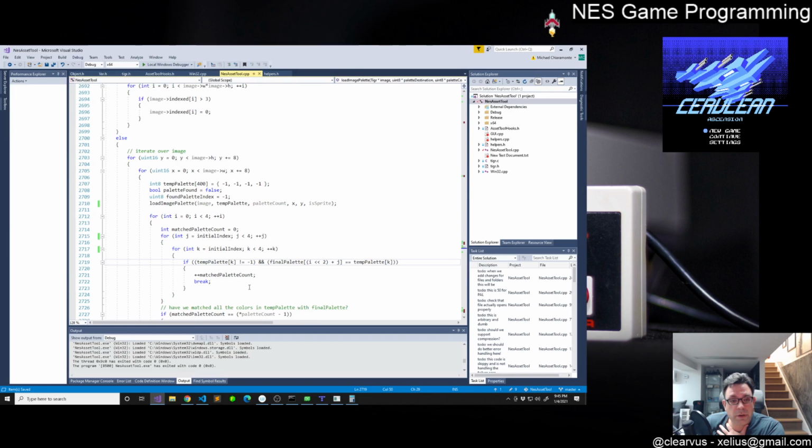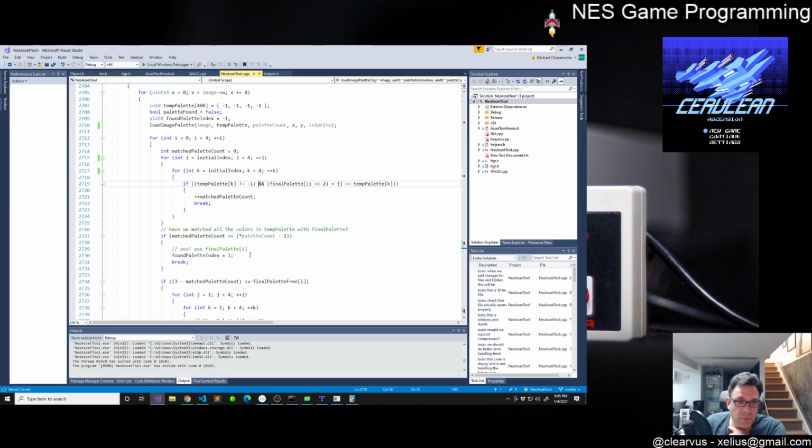And for the reason I said before, we're skipping the first color, which means that even though we could compose the palette properly in load image palette, when it comes to this, it's not finding the color that it's looking for in any of the existing palettes, because it's not looking for the color in the first index. So if the color doesn't equal -1 and the colors are a match,